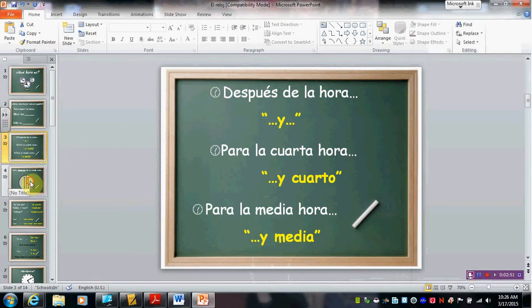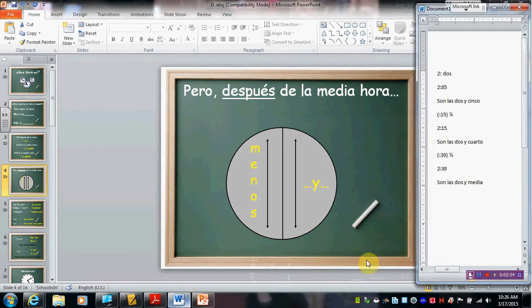Now, let's move on. This is when it gets a little bit complicated. We have to subtract from the clock when it's after 30 minutes. So if I want to say that it is 2:35, we are actually going to move up to the next number and subtract from it. So what that means is son las 3, not dos, 3